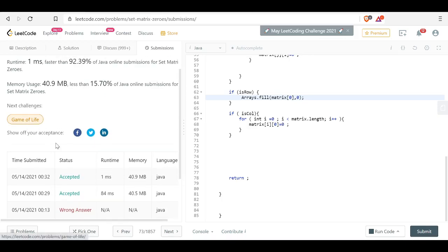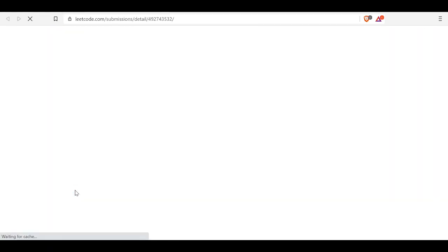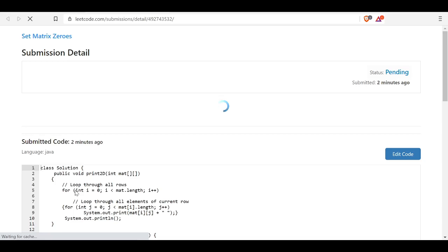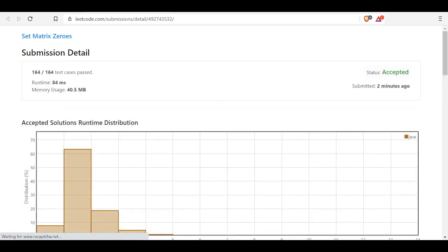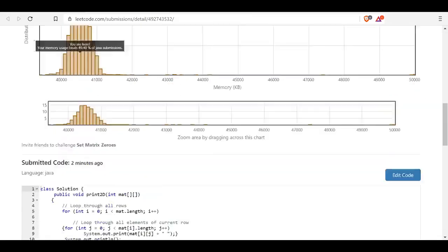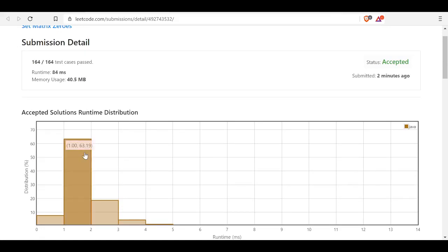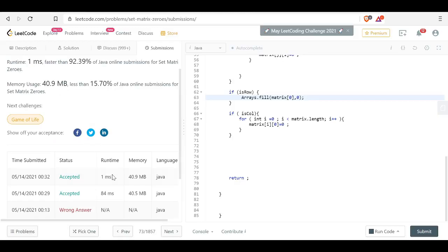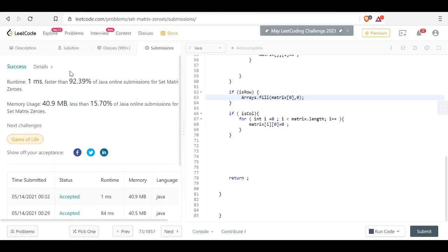The one thing I need to show you is that it says my code runs in 84 milliseconds, and it says it runs in 1 millisecond. So basically, this is not a parameter for judging your code. Let's end this session now.